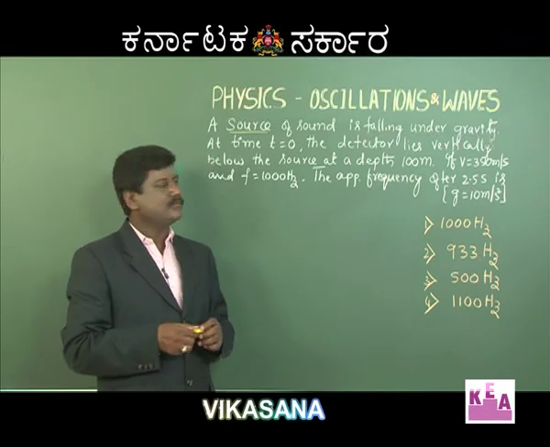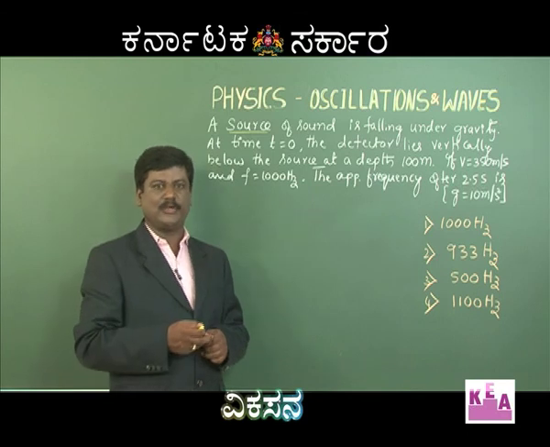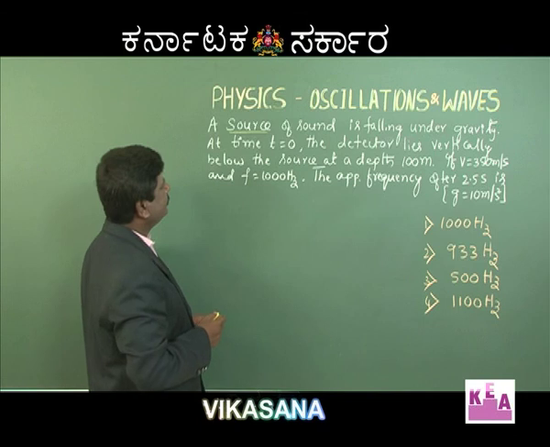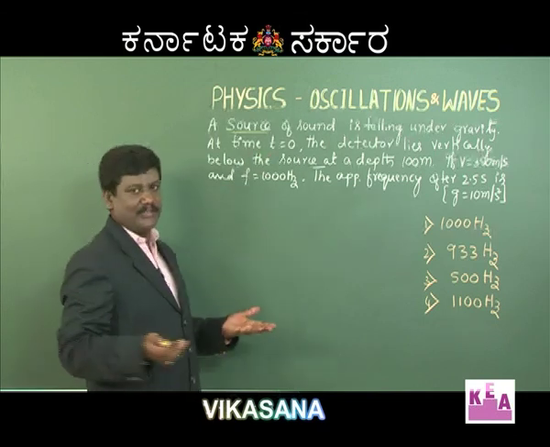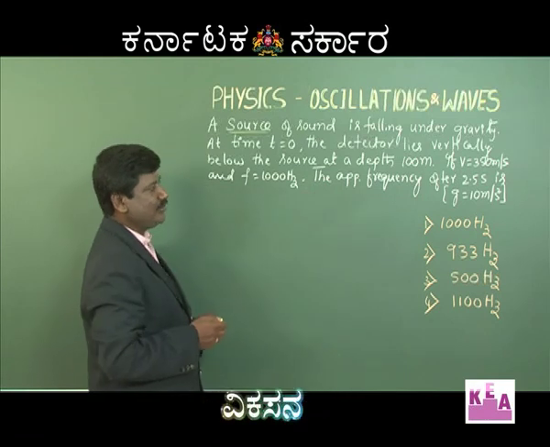When the body is under free fall, it moves under gravity with an acceleration equal to g. So where is the free fall happening from? At a time t is equal to 0, that is called initial time, at a depth 100 meter above the